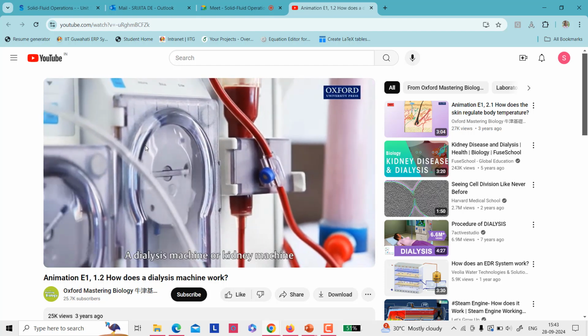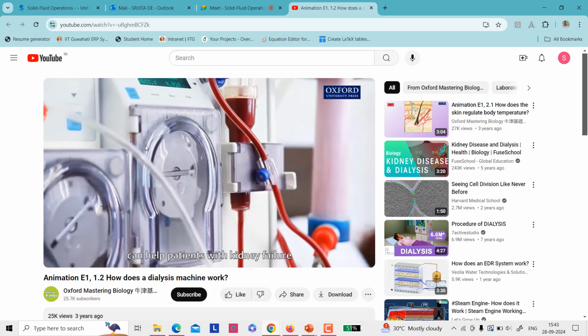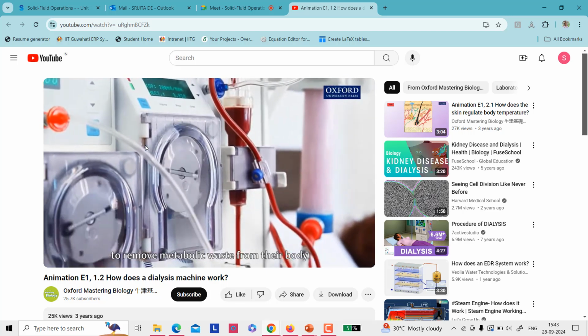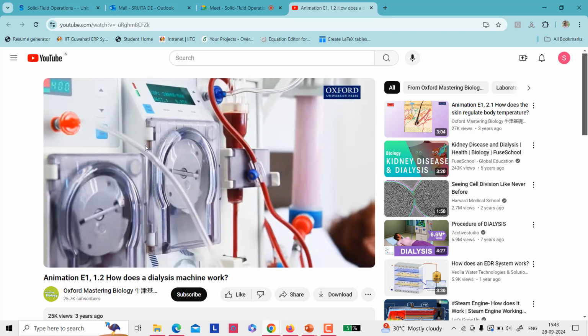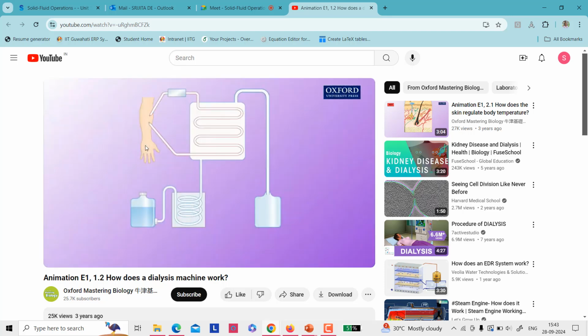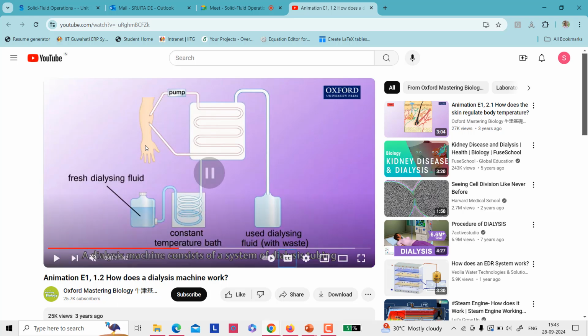So how does it work? You can see the fresh dialysis fluid. This is a constant temperature bath, and on the right side, the fluid from the constant temperature bath goes through a pump into the body. From the other side, used dialyzing fluid is coming out. That is the waste. This is the dialysis tubing. So from the pump,